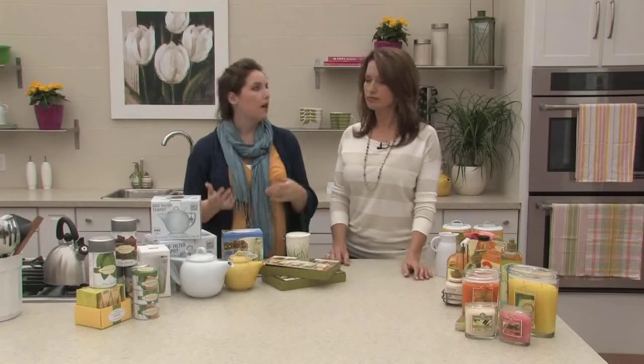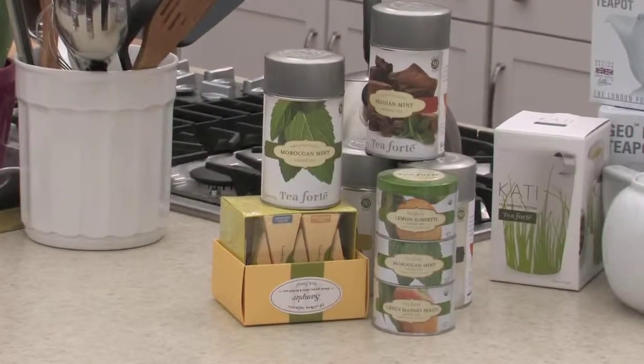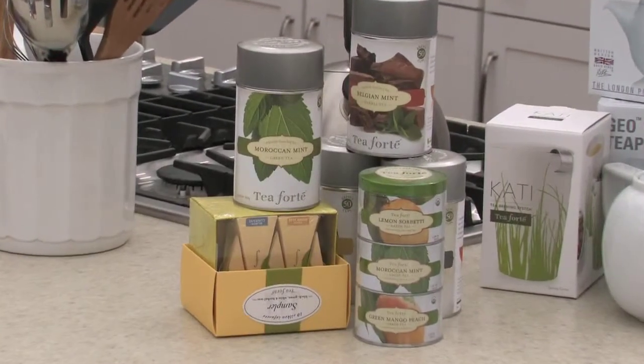Yes. Tea Forte is the brand of tea that we're carrying at Terra this season, and basically Tea Forte specializes in loose leaf tea made easy. So this is a no-brainer. We've got a great selection of flavors available, some of which are certified organic, a great number of them actually,